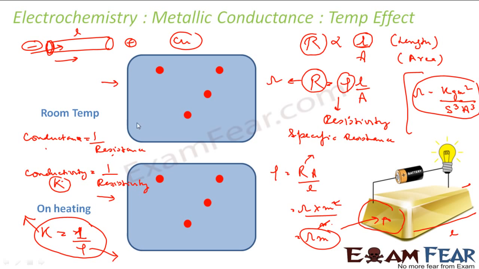Correct? And conductance is G. Resistance is R. So G is equal to 1 by R. Correct? Conductivity is K. Resistivity is rho. Hope you remember, G is conductance, R is resistance, which you already know. So G is 1 by R and K